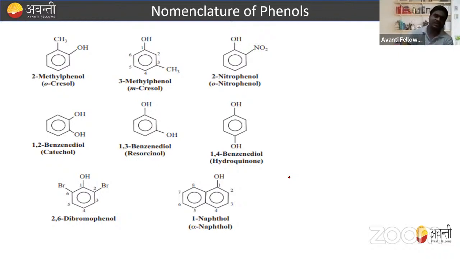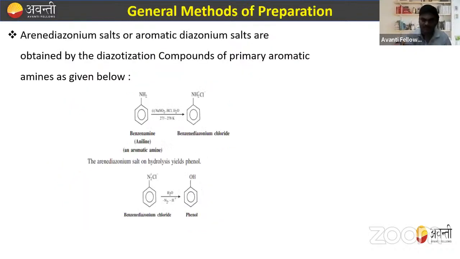So these names you must remember. These are some common names which you must remember. The name written above represents the IUPAC name, but the one downward represents the common name. So try to learn these common names because sometimes questions come like what happens when 1-naphthol is treated with these. So you must know how to draw the structure, right? Now,